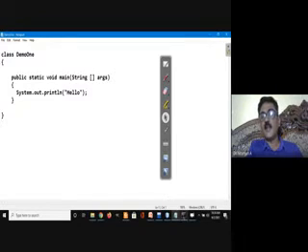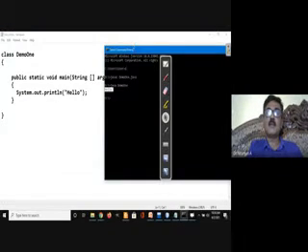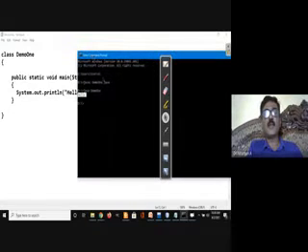Once you have saved your file, come to the command prompt. Here you can go to the place where you have stored your file by using appropriate number of cd commands. Then to compile your Java programs, you have to type Javac, then the Java file name with the .java extension. When no errors are displayed, you are free to go to the next step. This is compiling your program. Next step is to execute your program.